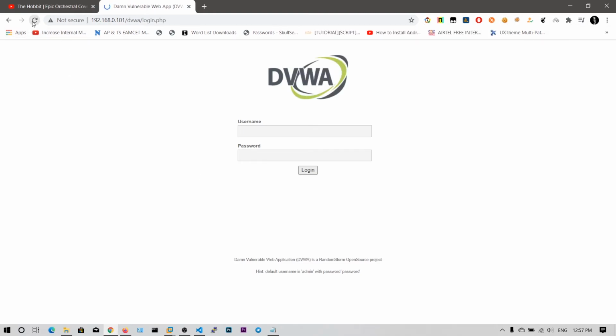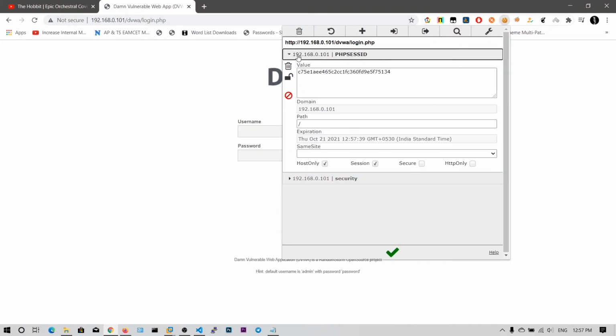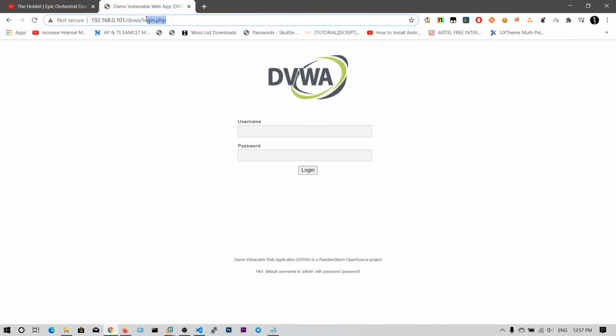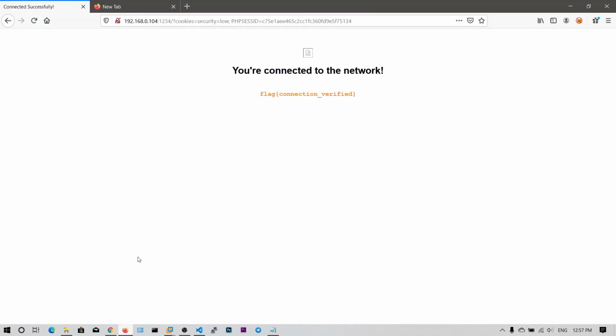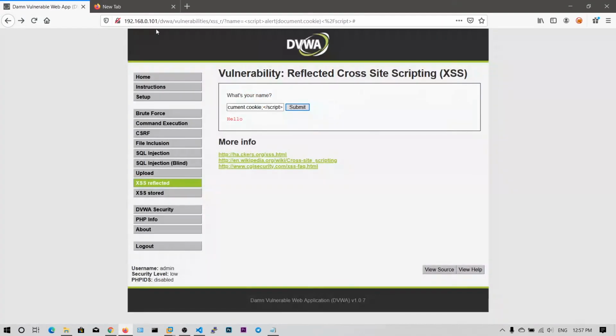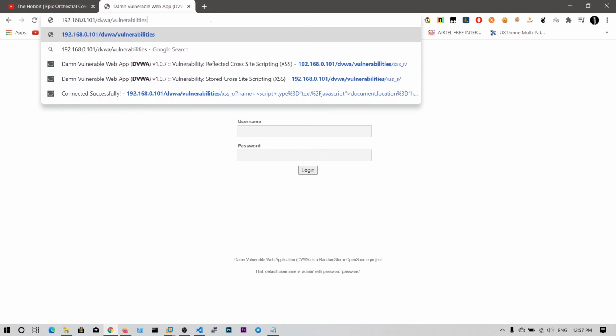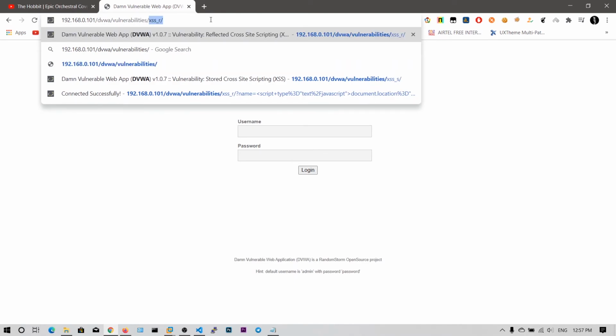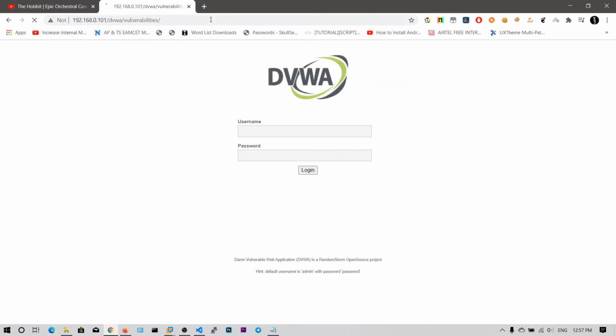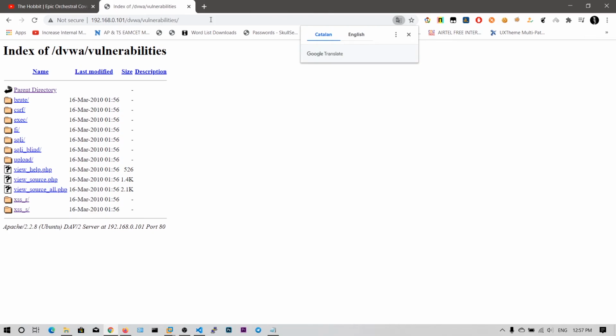Now if I refresh this page, I see nothing. Let me see cookies. Okay, now I want to move into the vulnerabilities directory. Let's see if we can log in without a username and password. Let me click on this.